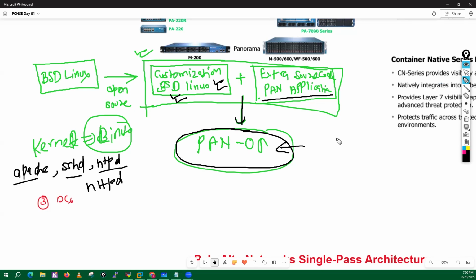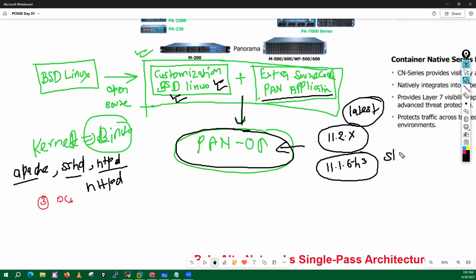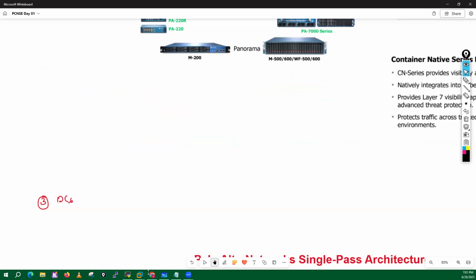The latest Palo Alto operating system is 11.2.x. X means anything: 11.2.1, 11.2.2, 11.2.3, anything. This is the latest version of the Palo Alto operating system. But in our practicals, we will use 11.1.6-H3. Why will we use this version? Because this is the most stable and preferred version. Even though on my firewall currently,